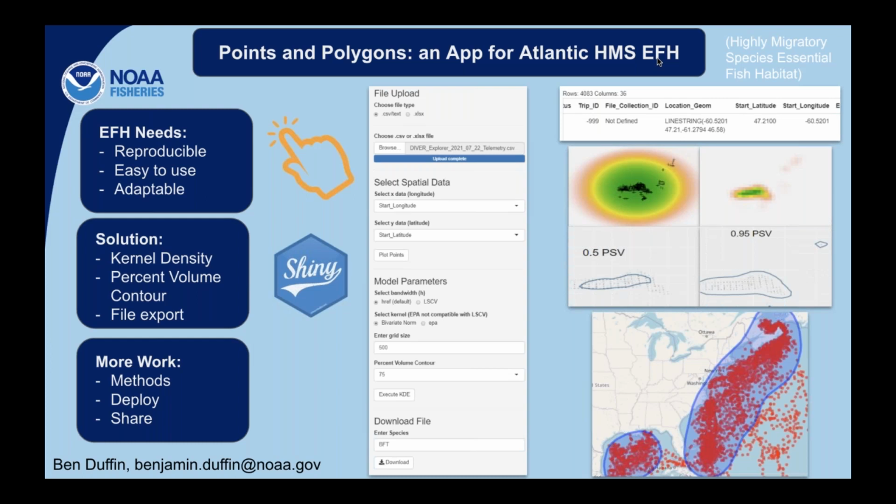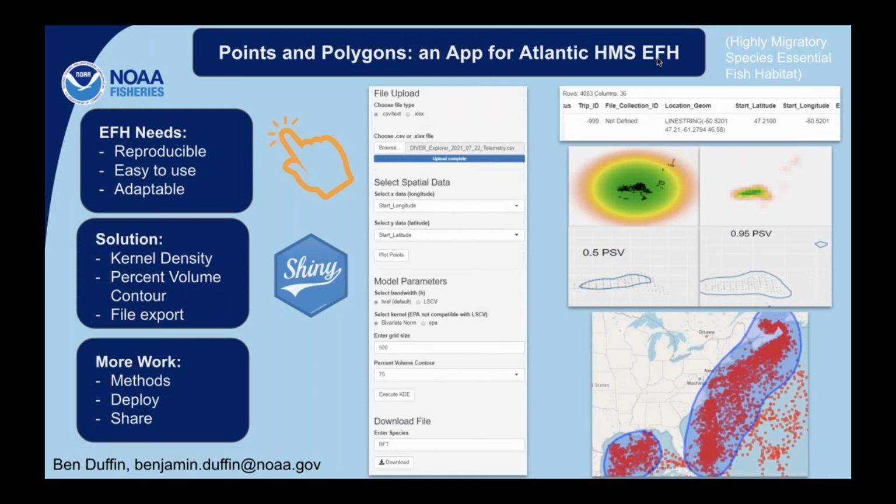And essential fish habitat is, put simply, the habitat that those animals are using for feeding, breeding, spawning, things like that.